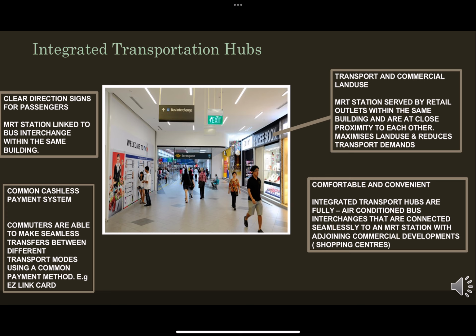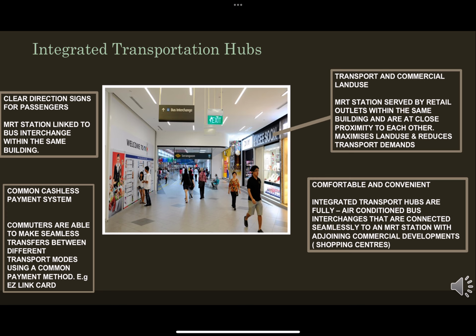And because they are all found within the same vicinity and housed within the same place, movement from one place to another is actually well linked, but the linkages have to be shown by clear direction signs so as to